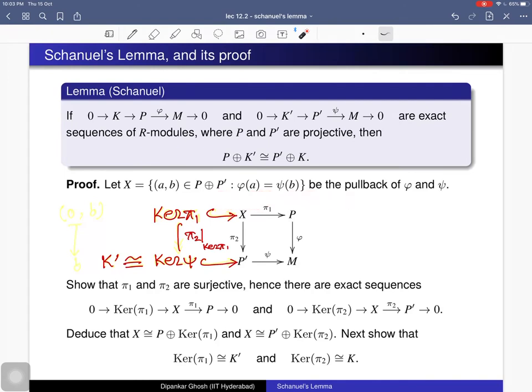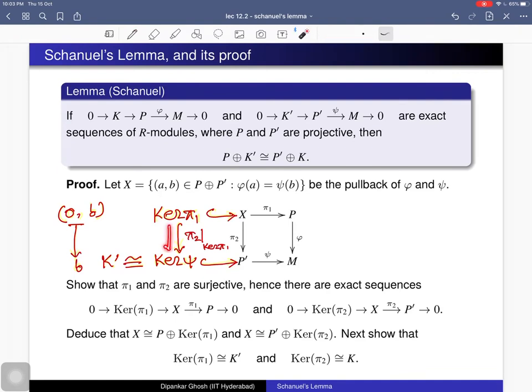So, any element in kernel of pi 1 looks like 0 comma b. And then if we apply this restriction map pi 2, its image is b. So, this is the map from kernel of pi 1 to kernel of psi,